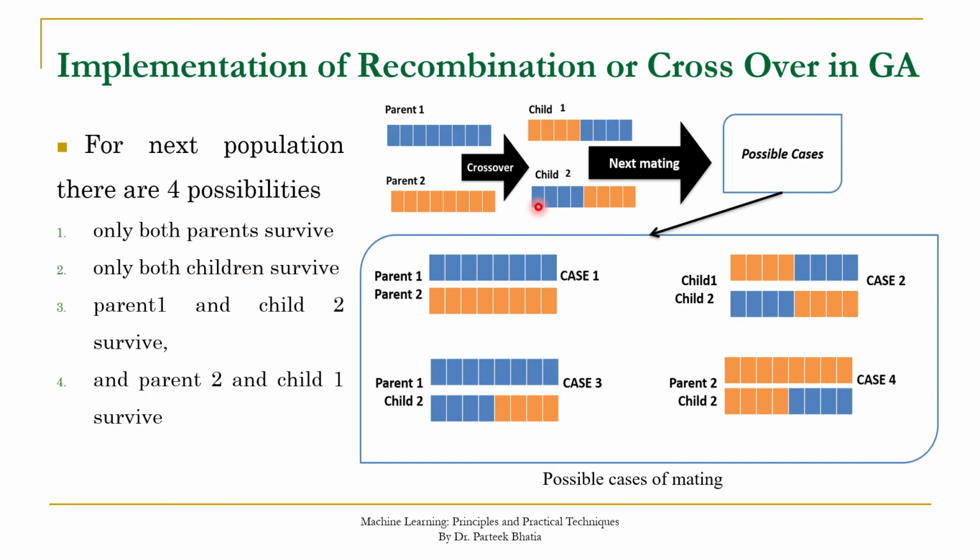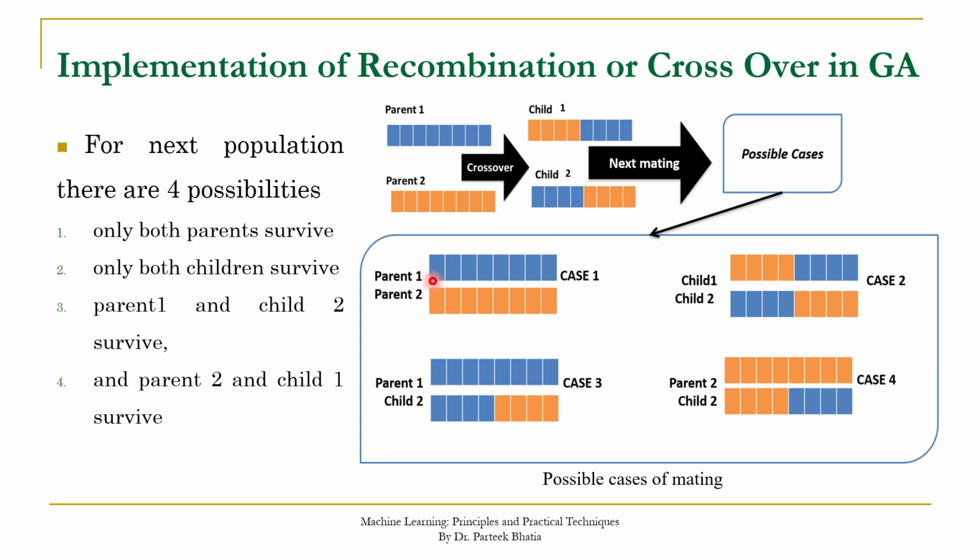So from this logic, we can build multiple cases. Here you can see that we have parent 1 and parent 2, which get a chance to crossover to produce child 1 and child 2. Now based on this algorithm, there are 4 possible cases. In first possible case, both the parents pass to the next generation. Let's suppose the probability of crossover is less and only parents are selected in this case.